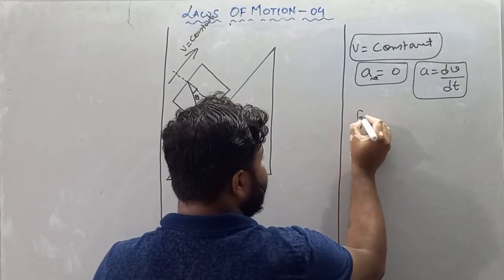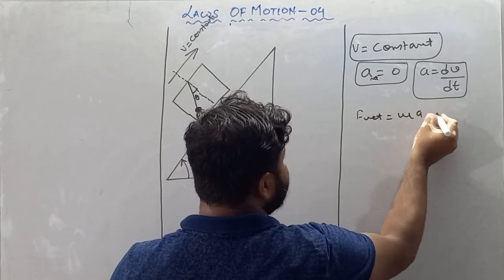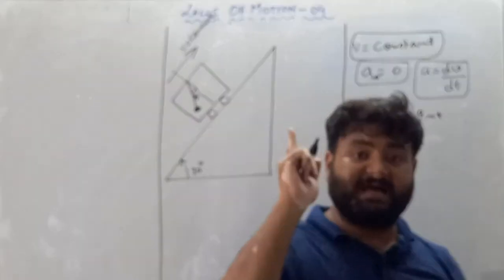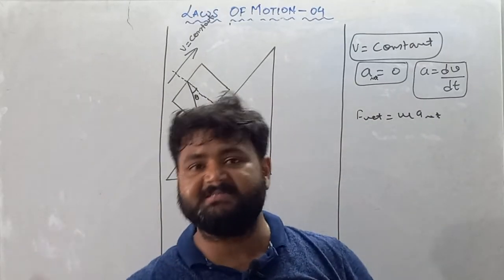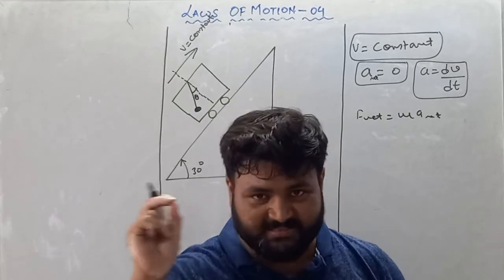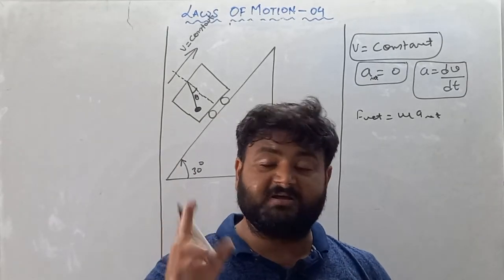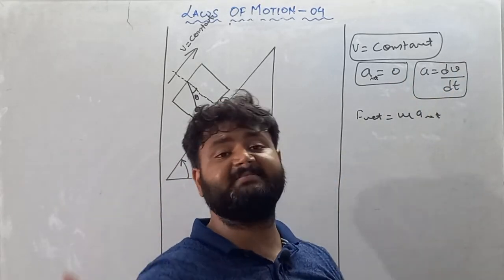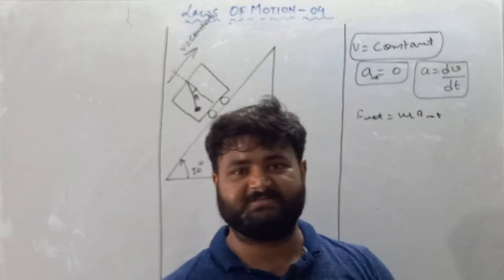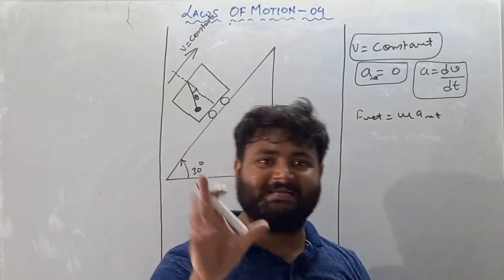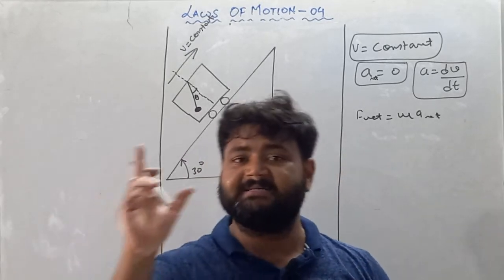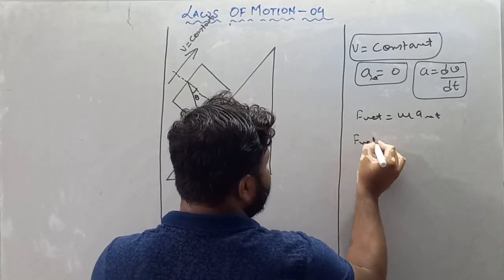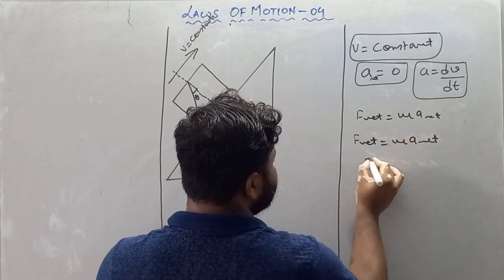Moving forward, if net acceleration is 0, remember this thing, this is basically a hint. Velocity is constant is basically a hint. Remember, acceleration is change in velocity with respect to time. If velocity is constant, it implies velocity is not changing, and if velocity is not changing, then how does acceleration come? So if any numerical carries the statement velocity is constant, just remember it means acceleration is 0. And if acceleration is 0, it means F net is also equal to 0.